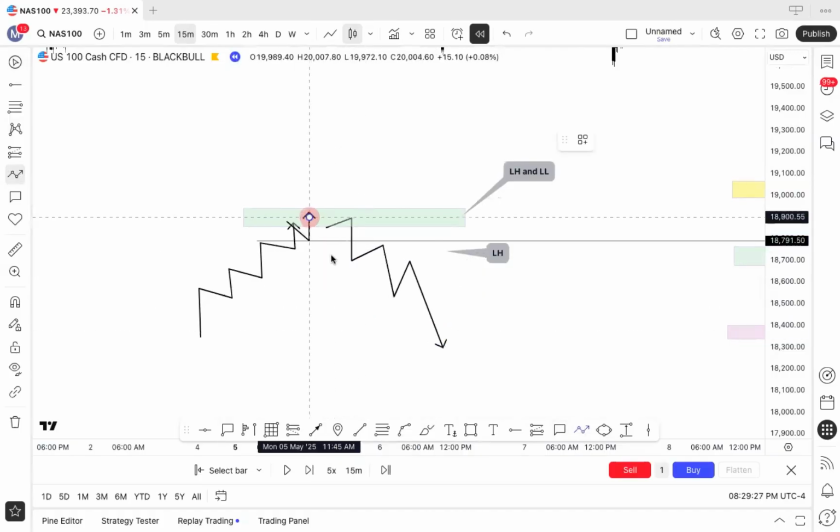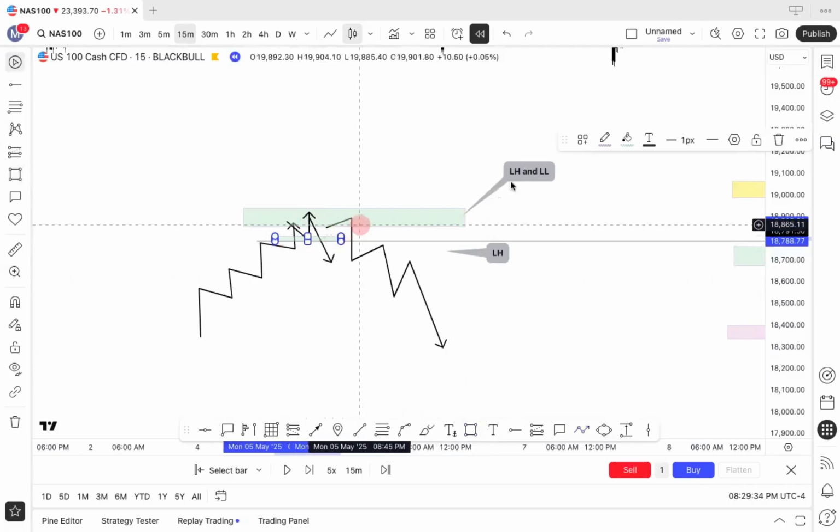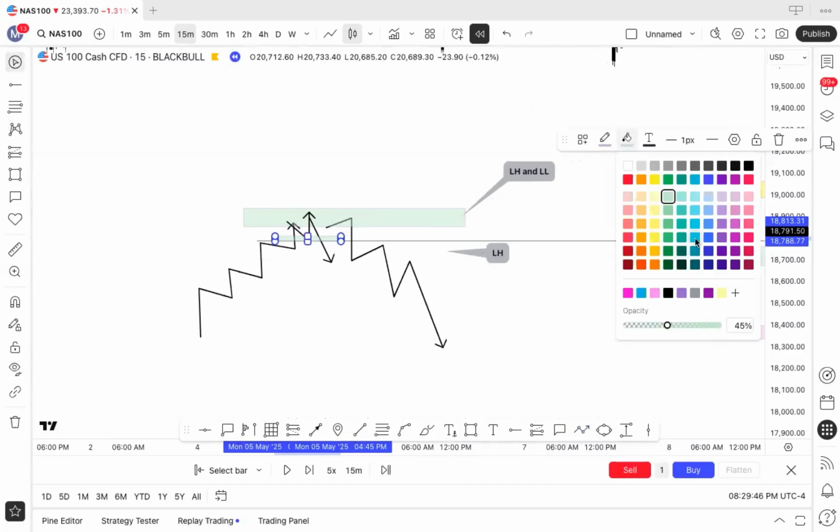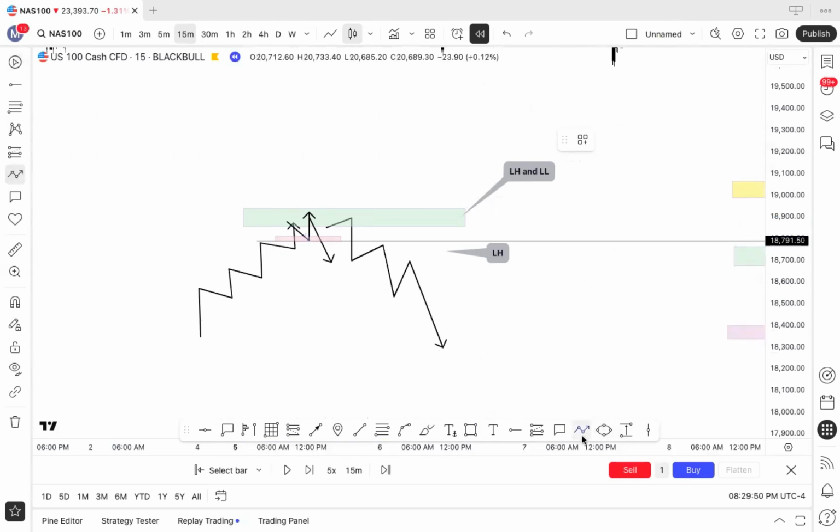We broke structure, right? Doing this broke structure. Why did it break structure? Because we're breaking a low. Price decided to break, meaning more candle body than wick going through this level here. So we broke structure. And what are we anticipating as traders? We are anticipating that price is going to come back into this level for a retest to continue pushing down,